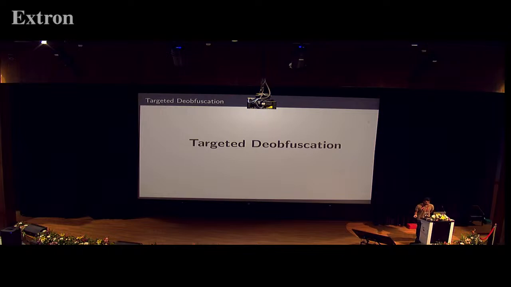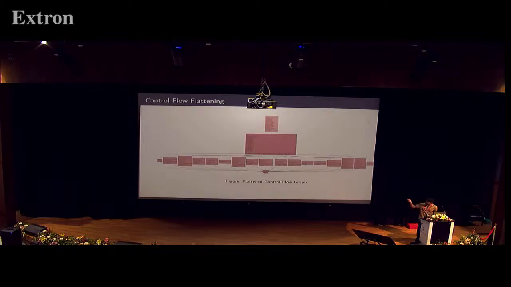Let's talk about targeted deobfuscation first. This is a weaker algorithm of deobfuscation wherein you target it to particular obfuscation algorithms. So this is control flow flattening. This is not how a regular program should ever look. There is no hierarchy between if and else. Everything is flattened. But typically, you would have an if-else construct, and the program follows a nice, clean flow. But if you flatten it using an obfuscation tool, this is done by Tigris. It's a very popular obfuscation tool written by University of Arizona, I think. I'm not sure. But this has been flattened by Tigris, and a lot of other obfuscators produce similar code.